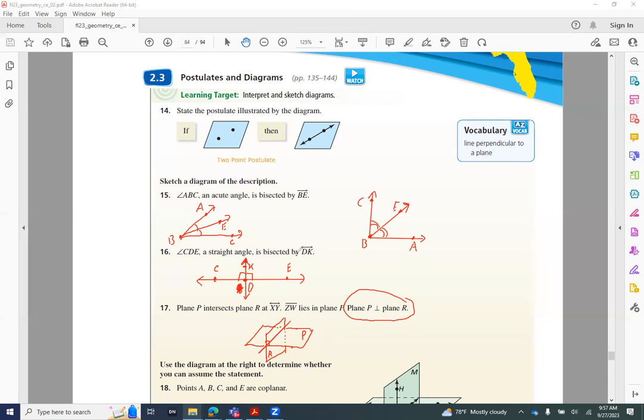All right, so here's my line. Throw some arrows on the ends, and this is line XY. So put points on there, X and Y. Yep. And then it says ZW lies in plane P. So ZW